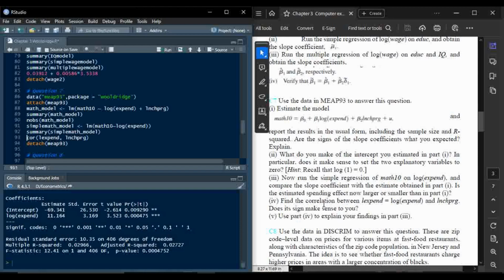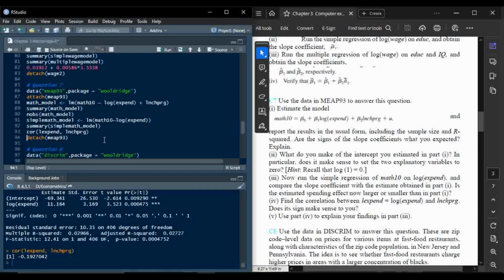Now look at this fourth part. It says to find the correlation between log expend, which is equal to lexpend. There is a column in this data set which is named lexpend, and it is log expend, and so the question says to find the correlation between lexpend and the lunch program. Does that sign make sense to you? Now let's calculate the correlation by typing cor, and in the bracket type lexpend and lunch program. The order does not matter. So the correlation is minus 0.19,